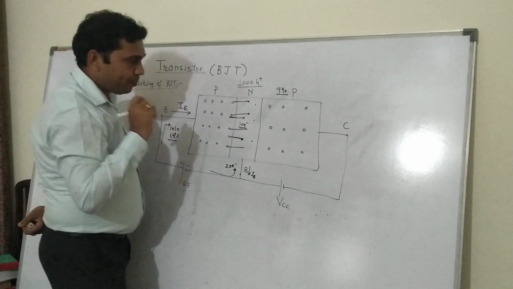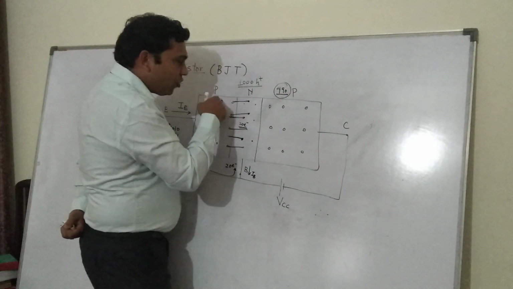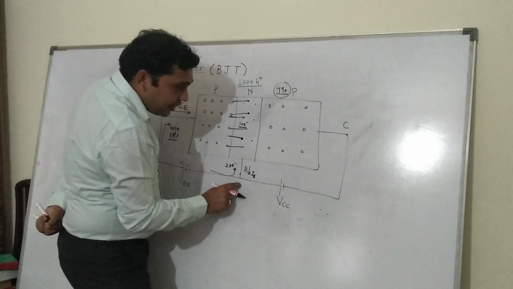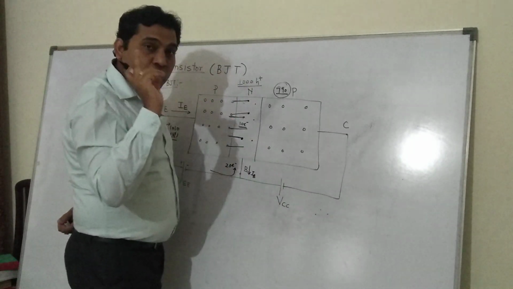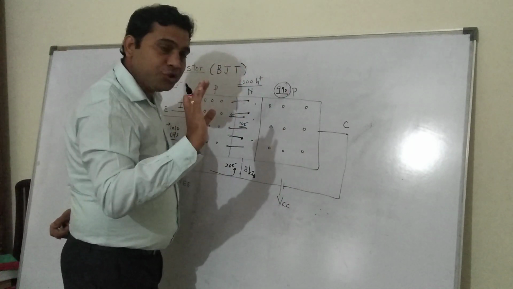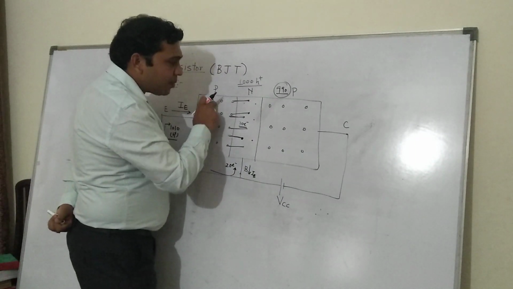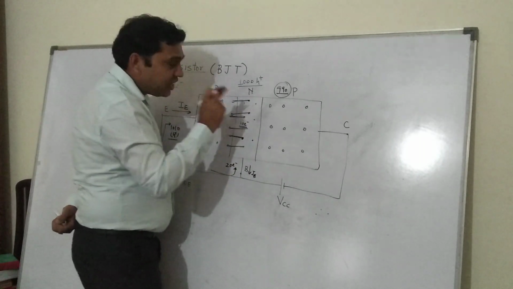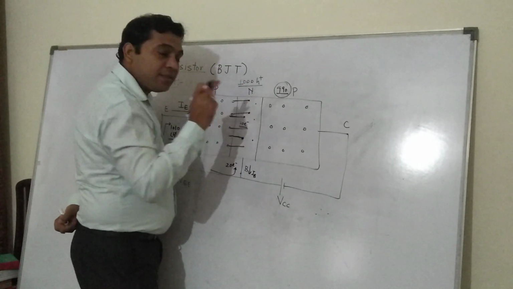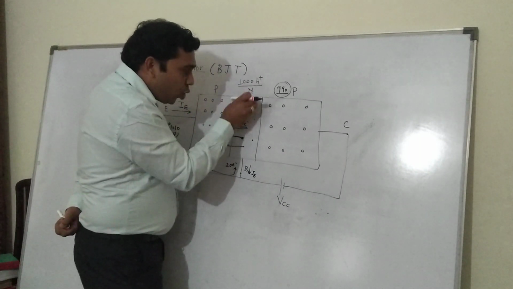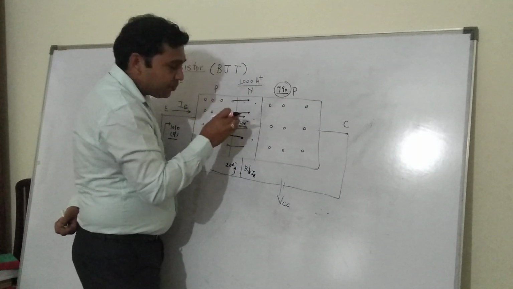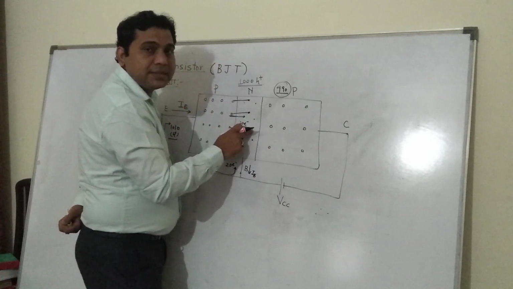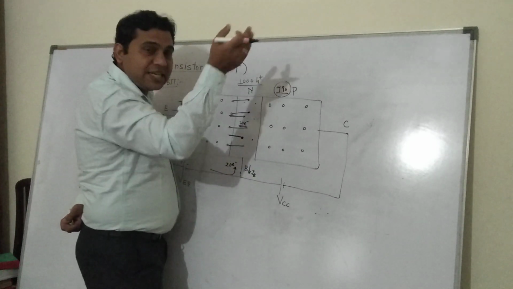Now, why do these 990 out of 1000 not recombine in the base? Why will these 990 go into the collector? Since the collector base junction is in reverse bias, and we know that in reverse bias the minority charge carriers flow. So whatever holes are coming from the P side into the N side become minority charge carriers here, because in N type semiconductor the holes are minority charge carriers. So these 990 holes staying here in the base are basically minority charge carriers in the base. So you have basically injected minority charge carriers into the base.